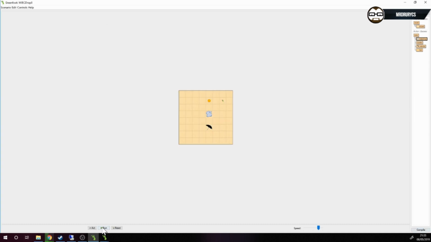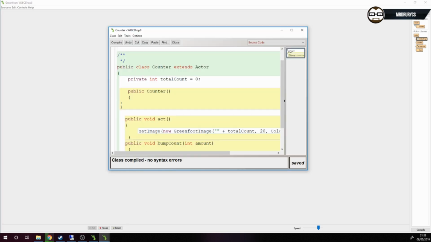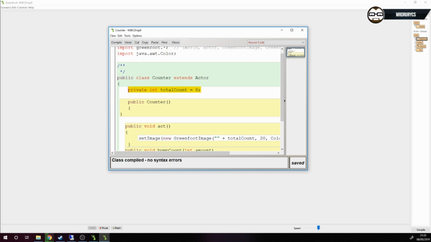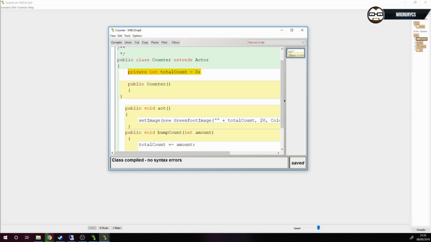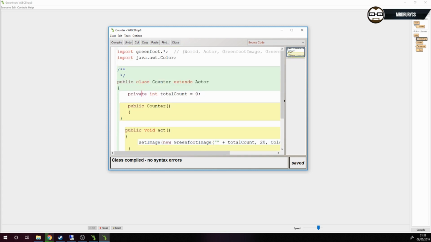So you go, right, I'm going to run, I'm going to walk into the sun. And my score's not going up, it still says 0. Okay? And that's because they've also made this variable here, private int total count. They've made that private, which essentially means that other classes, other functions can't get access to it. So all you can do is change it to public